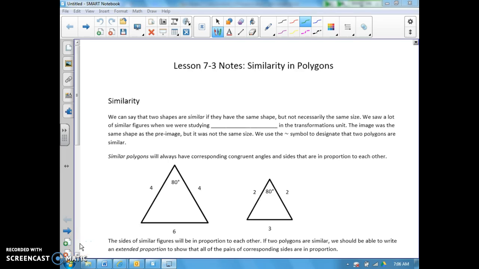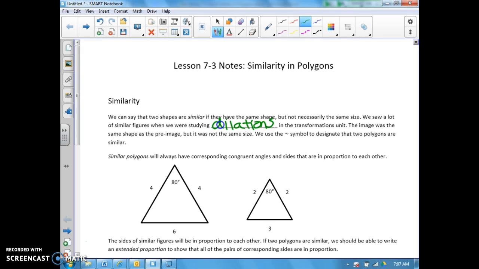Good morning, everyone. We are going to now be studying similarity, and before we can really get into the geometry-specific ideas of similarity, we're going to look at some things that you learned in the past. So, similarity, we can say that two shapes are similar if they have the same shape, but not necessarily the same size. And we saw a lot of similar figures when we were studying dilations